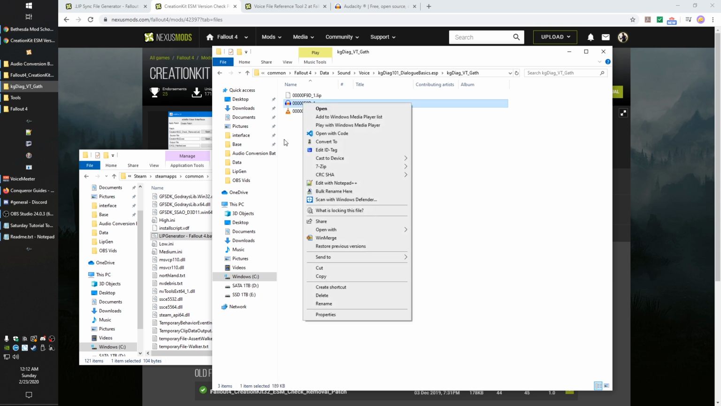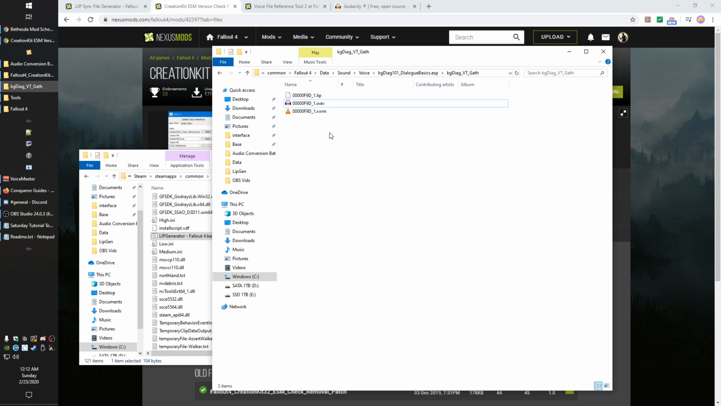I'll probably... well, I just showed you DB Power Amp. The DB Power Amp is not free. Audacity is free, though. So if you find that your XWM files aren't generating, or if their files are weird, like you can't listen to these by default. You can listen to them in the game, but if you find that you're going through all these steps and